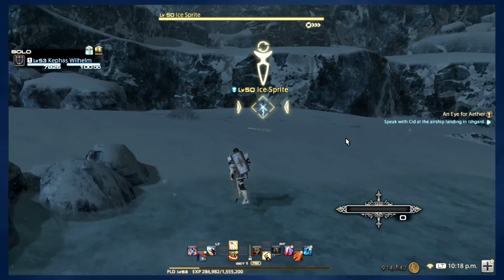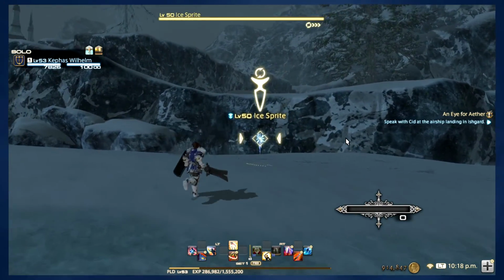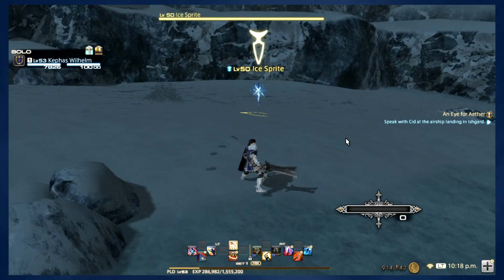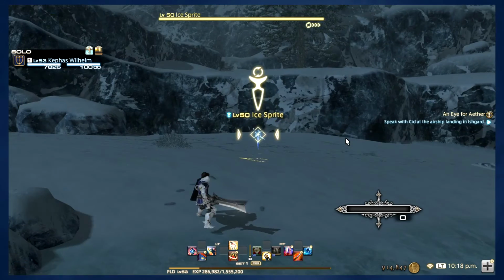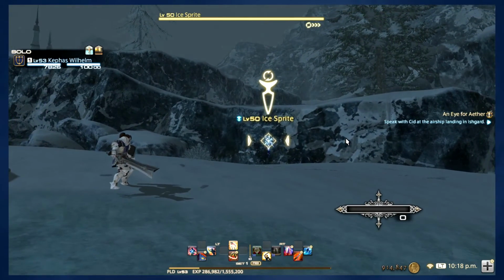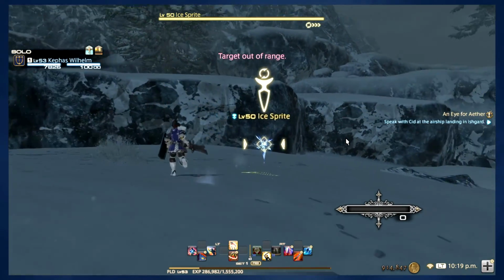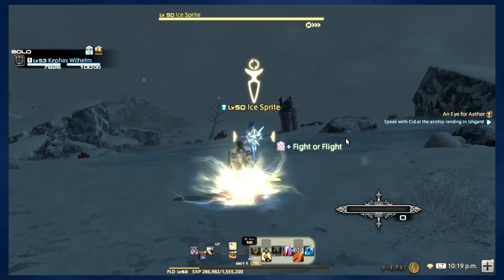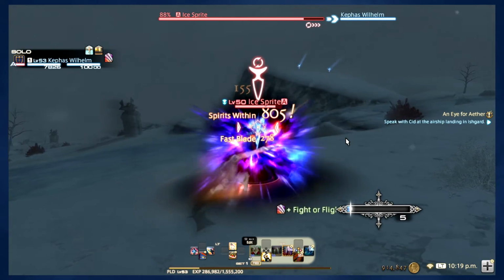But what else is cool about this game? We'll do some fighting here, nothing crazy. But when I hit the A button, I'm looking at an enemy. I hit the A button, it targets it. If I do it again, then it focuses on it. And now my camera is focused around that enemy, so I can move around and navigate around the enemy. So if I get up close to it, I can hit my different abilities,